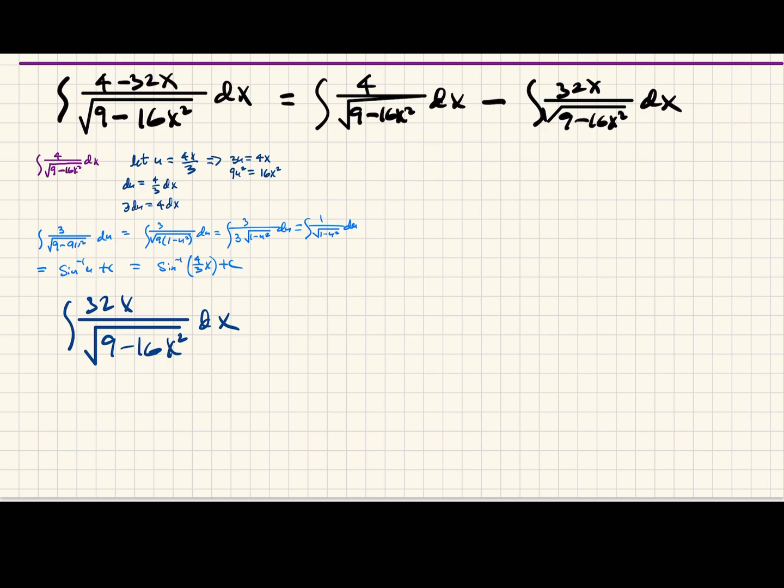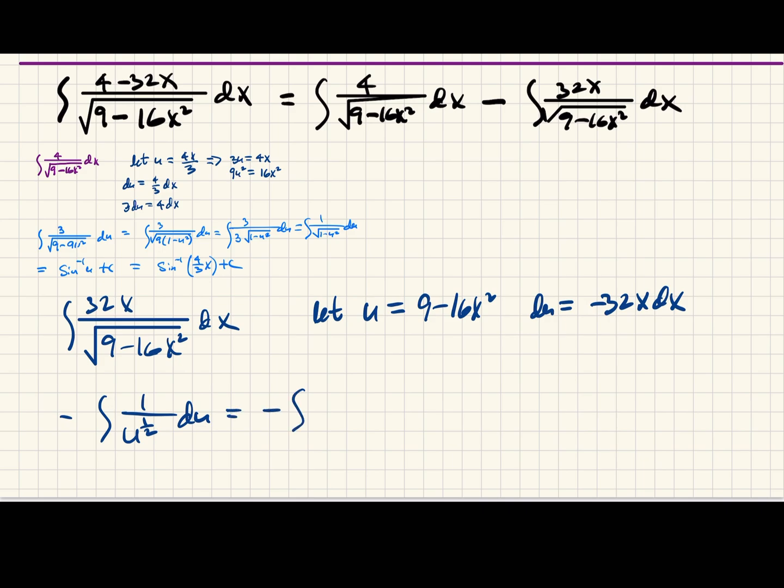You guys do that. Take a second and do that part. So I'm assuming you let u be 9 minus 16x squared, and then du would be minus 32x dx. And so what we wind up with then is the opposite of the integral of 1 over u to the 1/2 du. And let's see now, I could write that as the opposite of the integral of u to the minus 1/2 du,